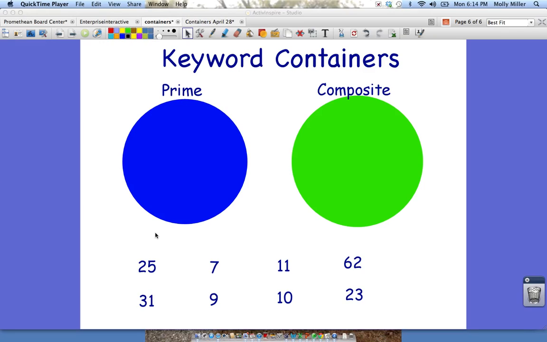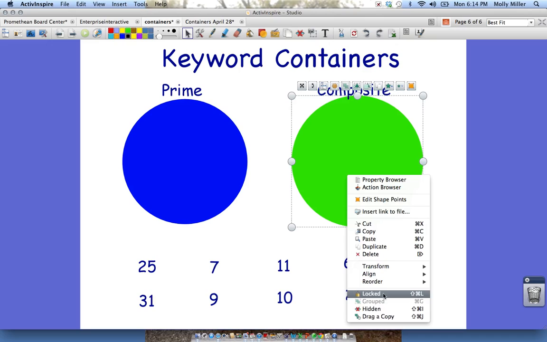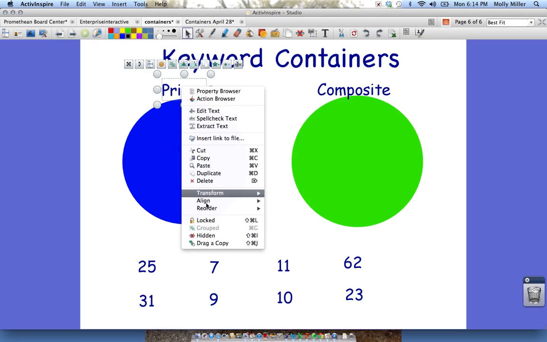In this video, I'm going to show you how to create keyword containers. Keyword containers can hold more than one containee. So before we get started on actually setting the properties of our containers and containees, I'm going to go ahead and lock down my containers. So I'm going to go ahead and click on them. I right-clicked and I'm locking. Okay. I'm going to go ahead and lock the other word, my title, and the word prime, and the word